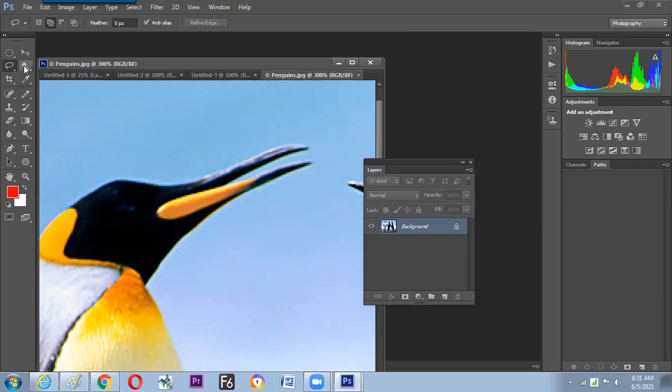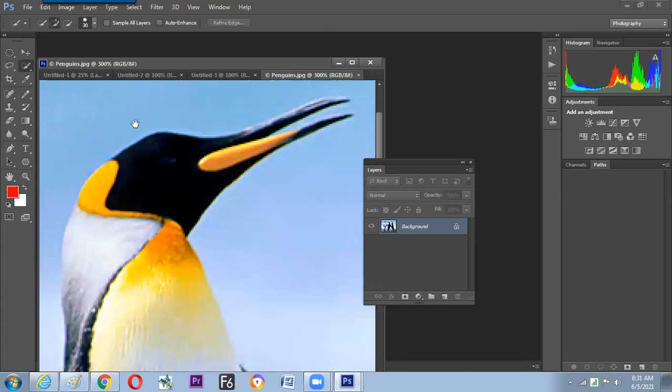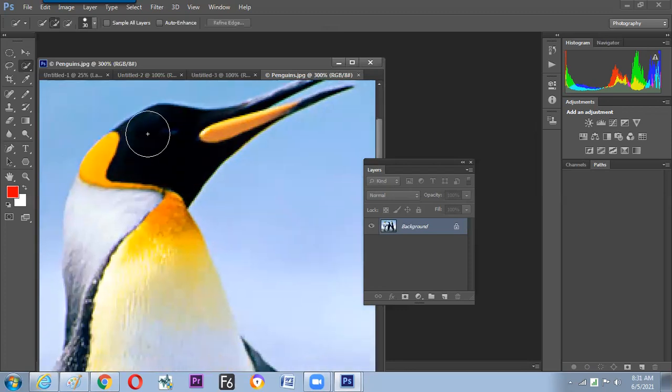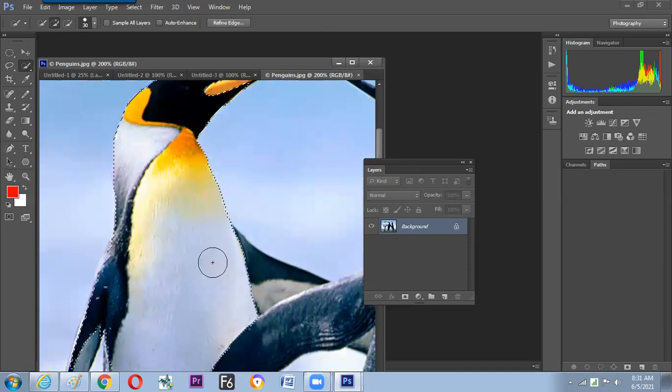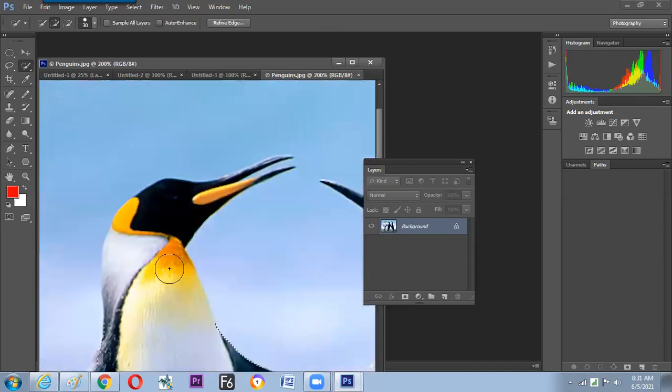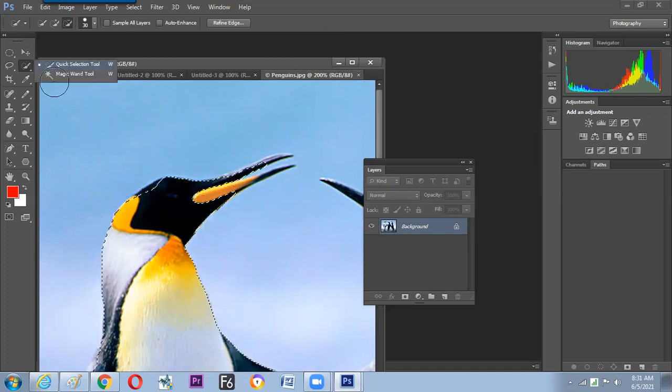Now the next tool is the magic wand tool. Before that, quick selection. Quick selection helps to do the selection just like brushing. Go and brush over the things, and the software understands we need this subject, so it understands and makes the selection. If something gets extra, then we can switch to minus. So the name of the tool is quick selection. It works as per the brushing. It makes the selection too. So you can make a list out of all the selections. We'll go one after another.